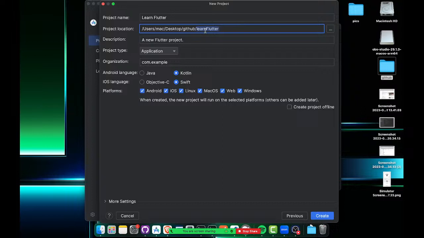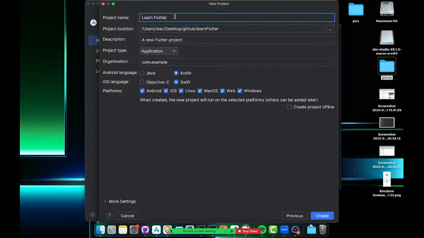So the next thing, leave this as it is. It's an application. These others, leave them just the way they are. I hope you members understand what I'm talking about. We're going to use Kotlin, that's the most recommended. So all these are there. If you want to generate the iOS folder, you can unselect it. But just leave everything the way it is set,